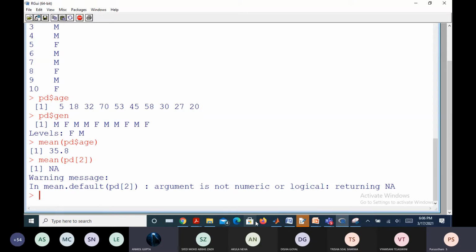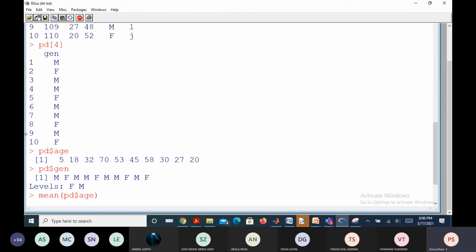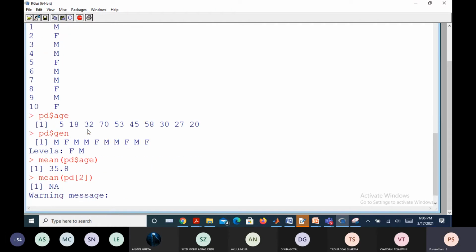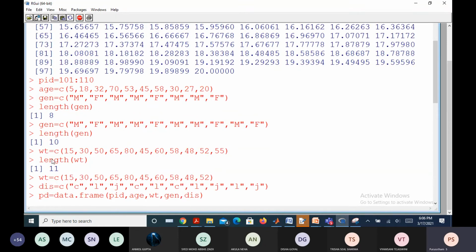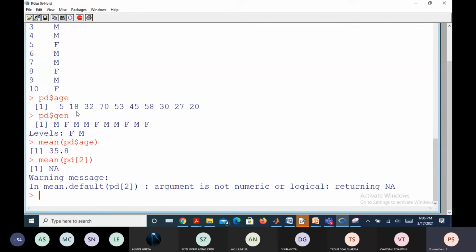So let us suppose what it is going to give. Is it giving any information? No, sir. No. The arrangement is also important. How it is going to arrange the values and record. So this is actually again shown in the form of a tabular form, remember. Yes, sir. But here the data is arranged in the form of a vector form, how we defined a sequence, isn't it? Yes, sir. So if you want the sequence kind of output, you need to use PD$age.